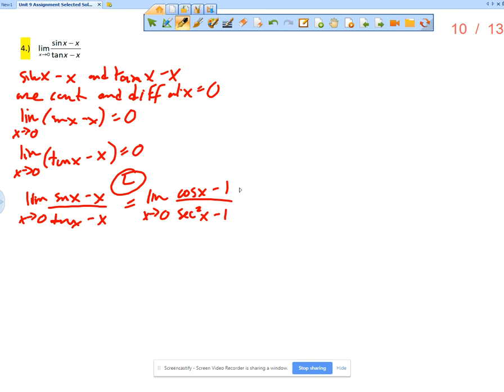Well, that means that we can use L'Hopital's rule again. Now, of course, we would need to say that cosine of x minus 1 is continuous and differentiable, and secant squared of x minus 1 is continuous and differentiable. Therefore, L'Hopital's rule applies. So the limit as x approaches 0 of,